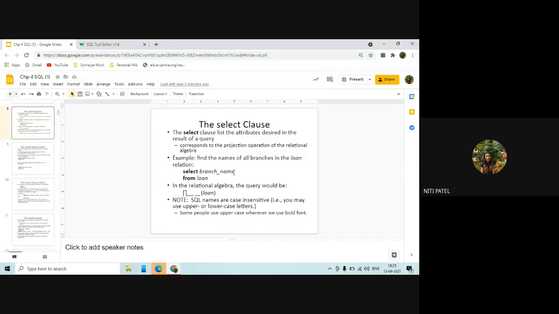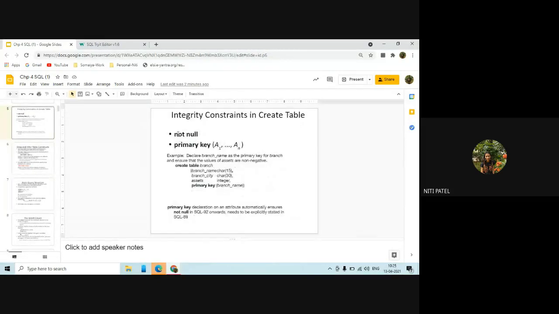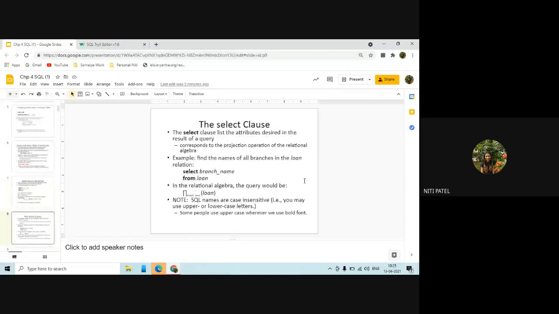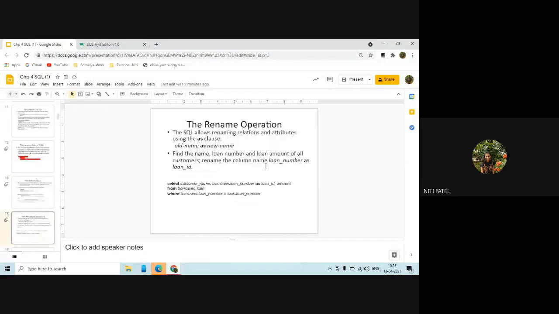Alter table, drop column. After that, what did we see? We have seen how to add an integrity constraint like not null and primary key. We haven't executed that. We'll do that also. We have seen the basic structure, that is select, from, and where. Select is going to select a column. From is used to select from which table, and where is to select the appropriate row by writing the condition. Have you understood up till here?